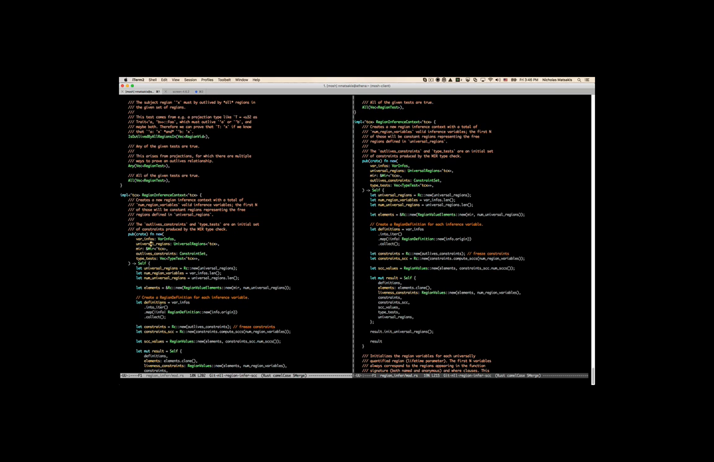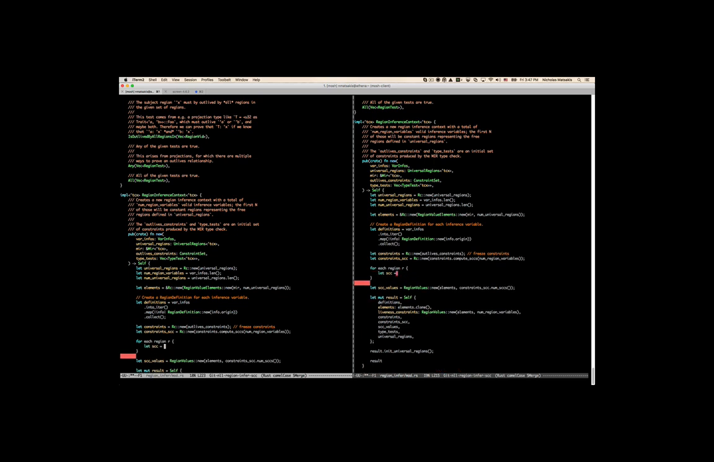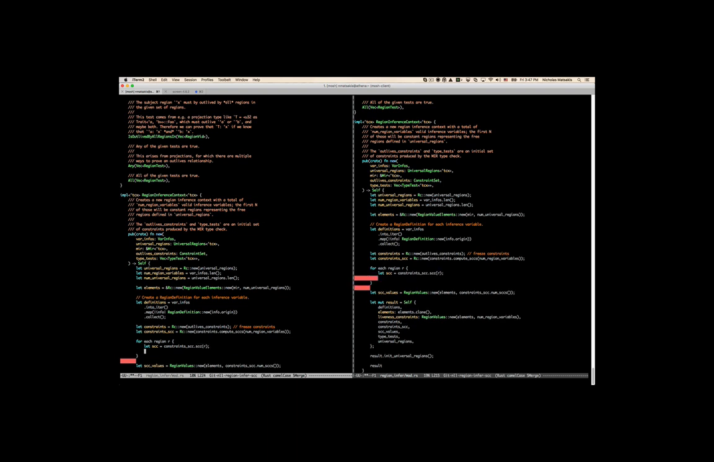right here. This is where we compute the cycles, and so then we have a second set of values here. If we had the liveness data already, we could just iterate through the liveness data, go through each region, find the cycle that it's a part of, and add it to the value. It would be something like, for each region R, let SCC is constraints SCC dot SCC of R, so this looks up the cycle that it's a part of, and then